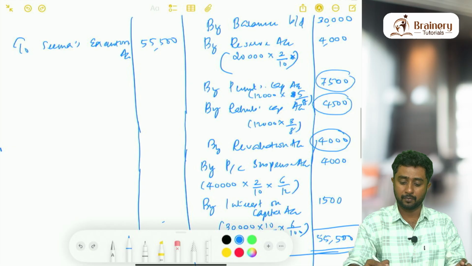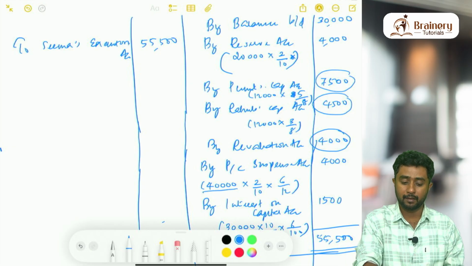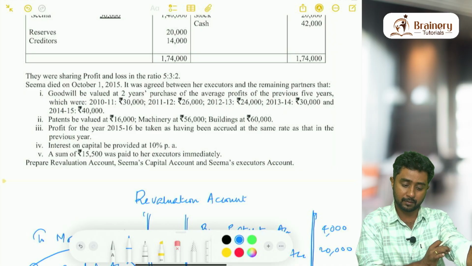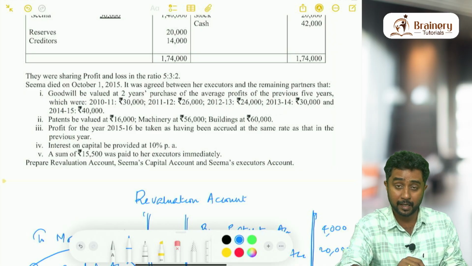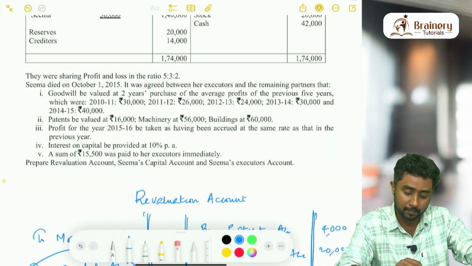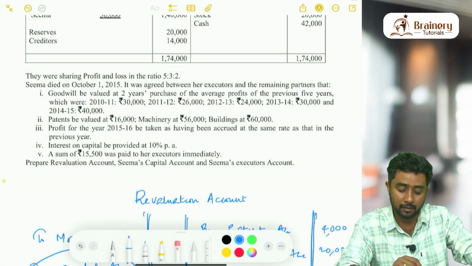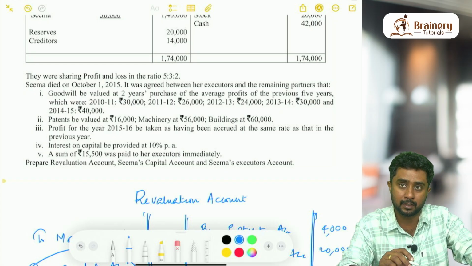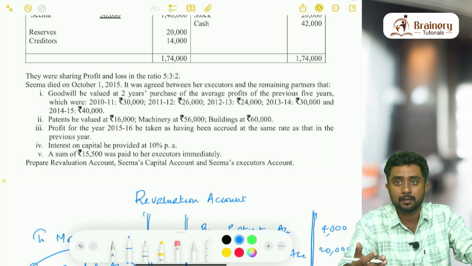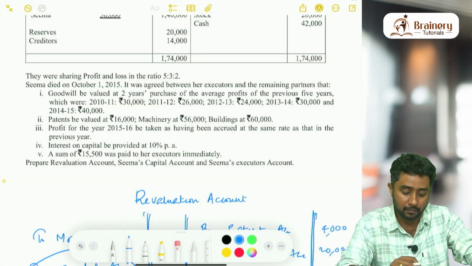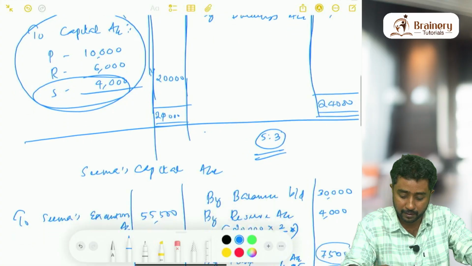So here, as you can see, 40,000 is taken. Where did we get the 40,000 from? We got it from the details given to calculate the goodwill of the firm. All the past 5 years' profits were given. So the recent year's profit is what we are taking as the base, because they told us to use the last year. Last year means 2014-15, that is the latest year. So the last completed year is 2014-15. The 2014-15 profit is 40,000. That is what we are taking as the base.